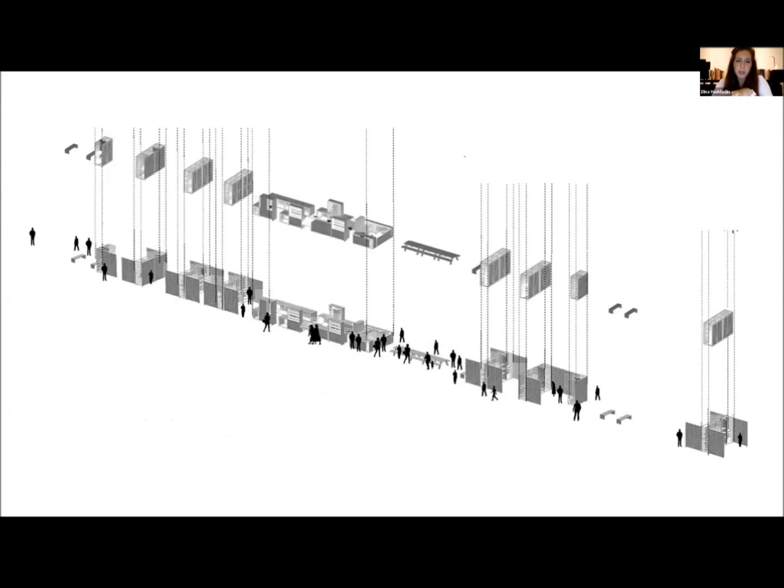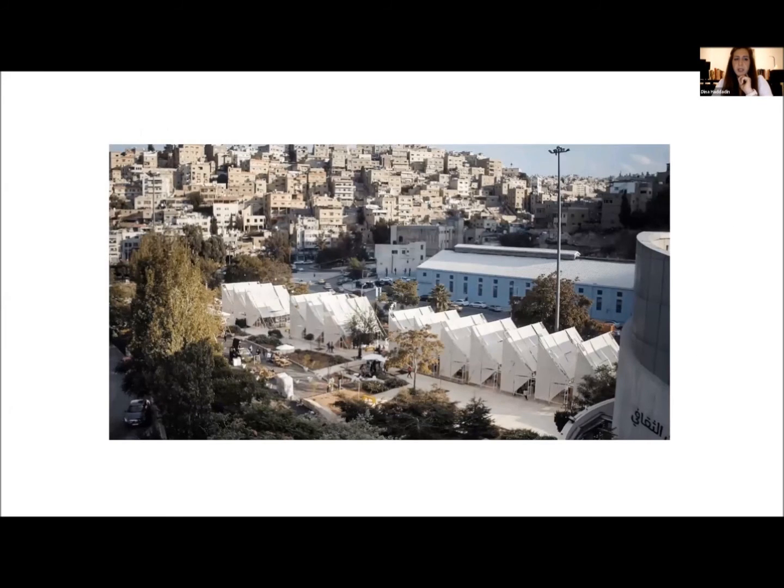A pop-up market was created. The doors, when open, defined each shop periphery, which you see on the diagram below. And at night, it's closed and locked for security. These are some views from the upper level or the drones of the Sail.